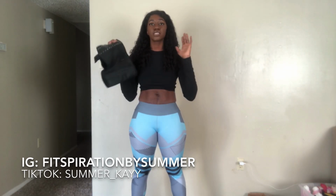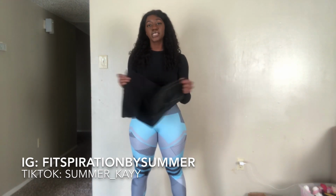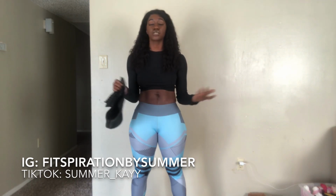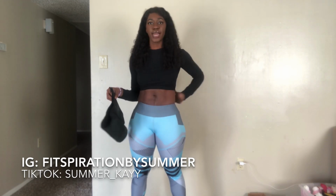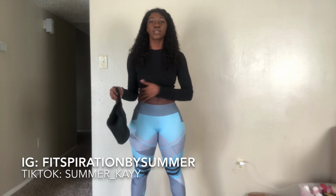And you just have this body image issue to where when you take it off, you're just not as confident. So that's another reason why I don't really care for waist trainers. I really feel like after I got to a certain point, it really wasn't needed, and I would actually just wear it with a saran wrap. I would wear saran wrap, and I would wear like the Albaline underneath so that I could sweat more, because